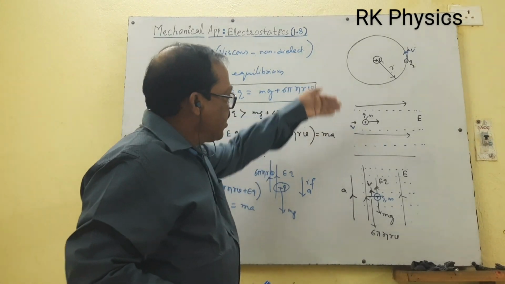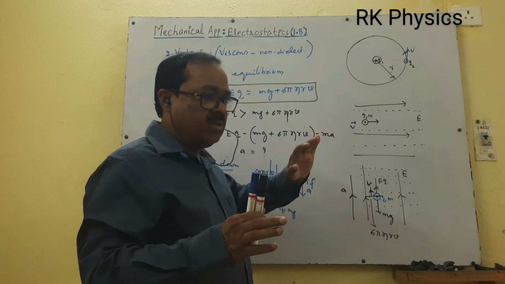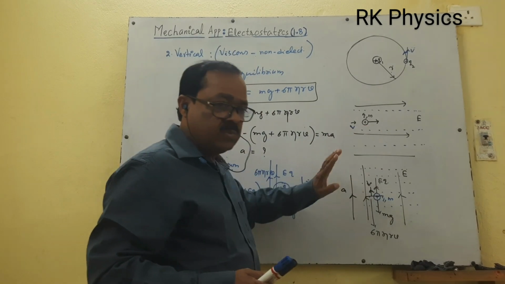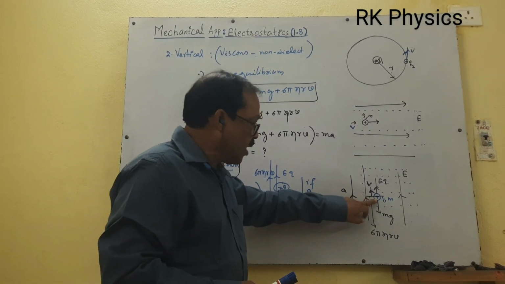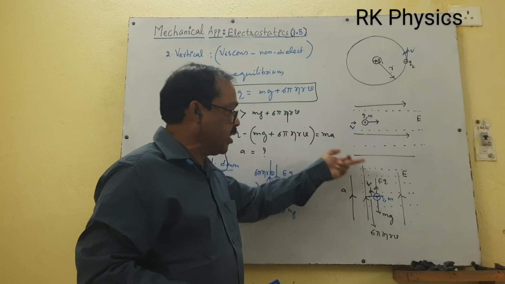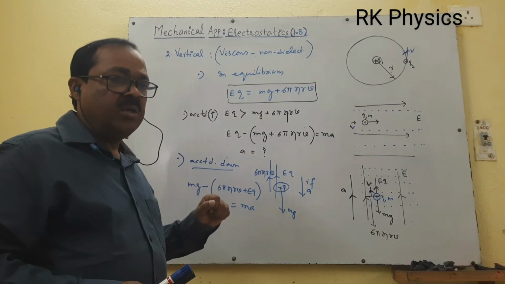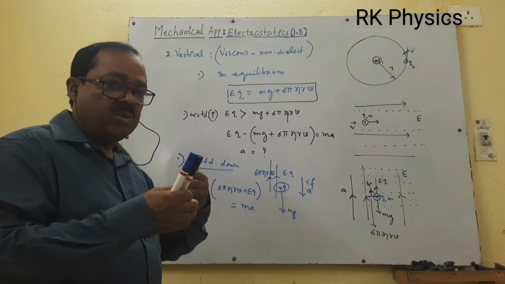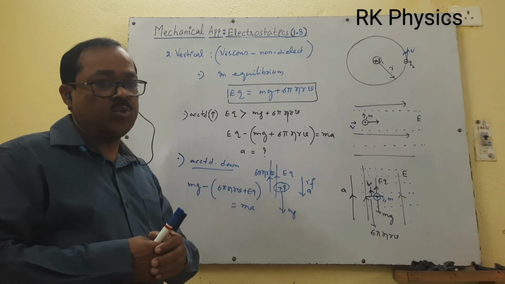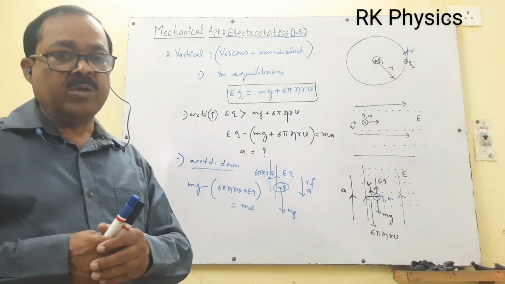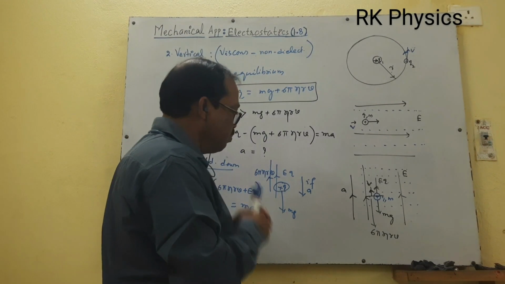Now here I am taking a positive charge with the electric field up. Similarly, you can take a negative charge and find another set of equations. You can take a negative charge but with the direction of the electric field vertically down. Then what happens? Okay, so this is one sample. Now, depending upon the question given to you, you should design the equation so that it helps you to solve within the stipulated time period.